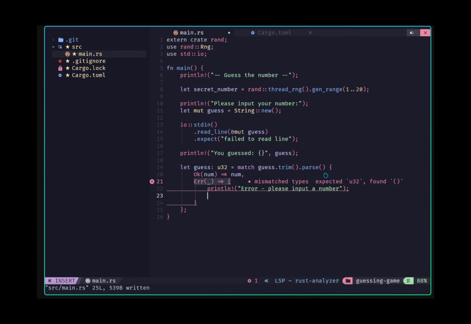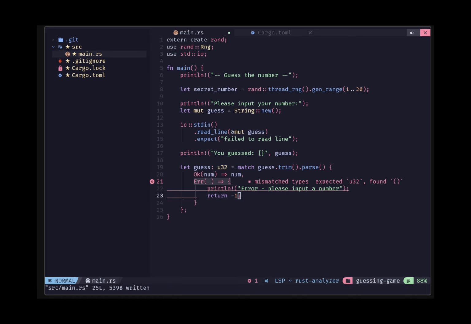Let's see, how do we do this? I think it wants us to return, I suppose, the same type. Again, sorry, we're learning on the job here, but it wants us to essentially return the same type as we unwrapped from the OK result. So I think what we can do, if we just have a look, is we can actually